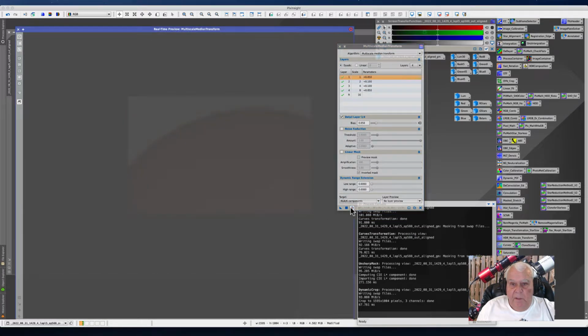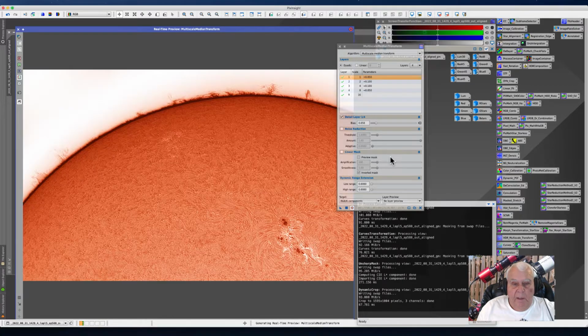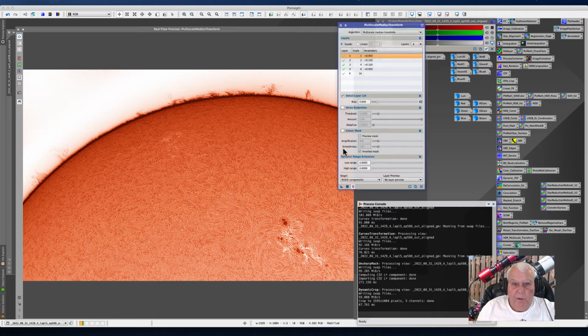And let's take a look at this. Let's apply a linear mask, and let's unapply the linear mask. We really can see what's going on with our sharpening. And how do you like the sharpening? These settings do a pretty good job. You may want to